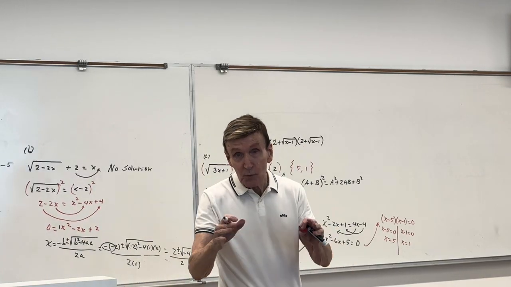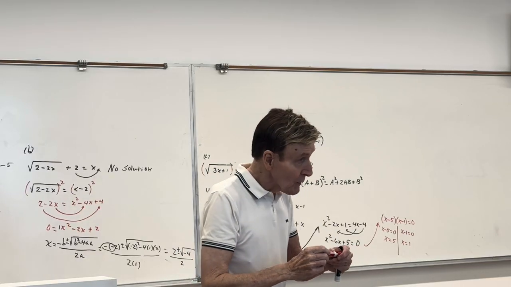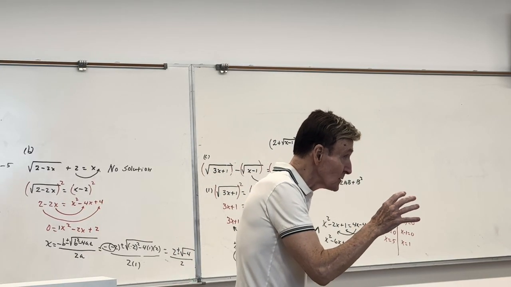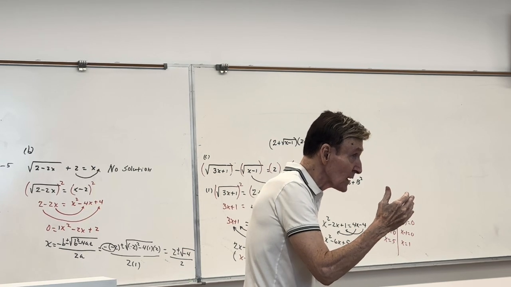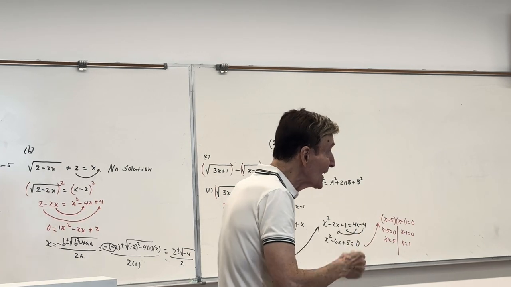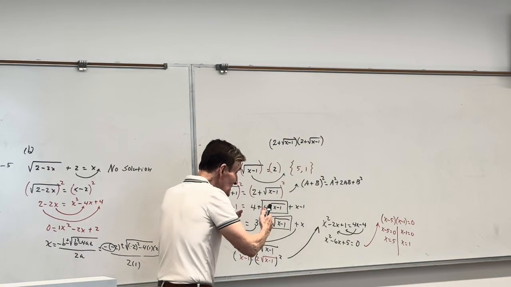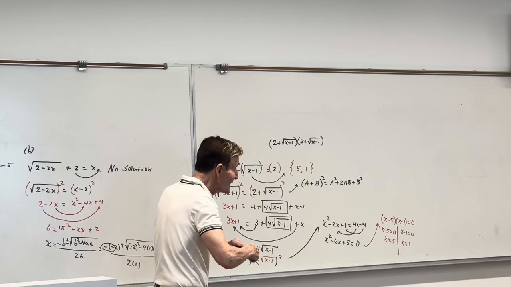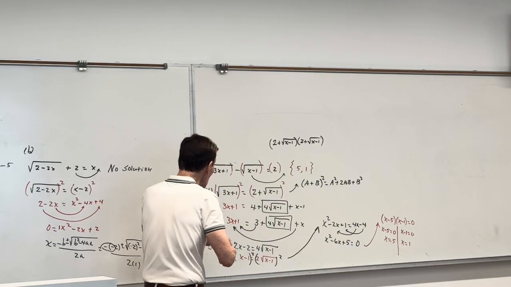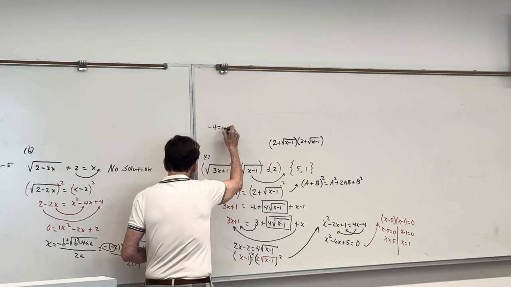Now, to help you out on the quiz Wednesday, when you see one of these square roots, and you will see one on the quiz, I more than likely will require you to show a check. Especially if it has a square root. You've got to show me a check, because it may not work. Now, let me show you what's happening here. We took each side, left-hand side, right-hand side, and we squared both sides. Please tell me from basic math, if I gave you that statement,